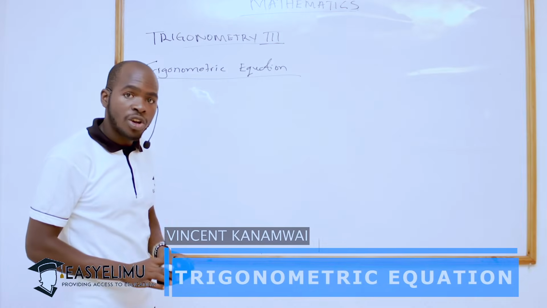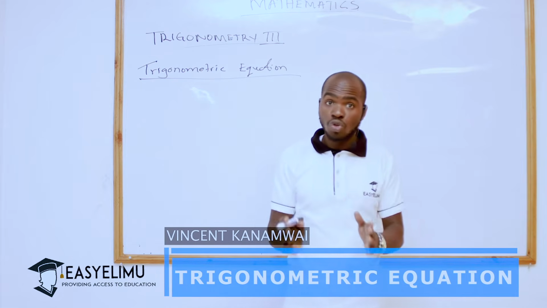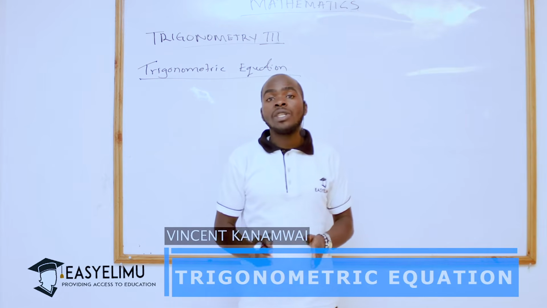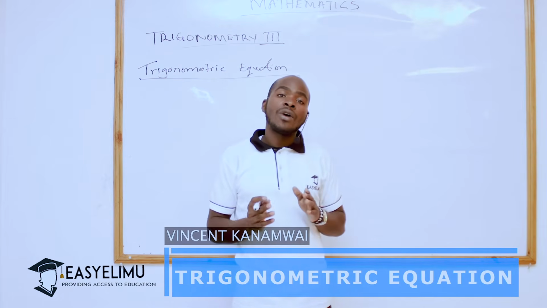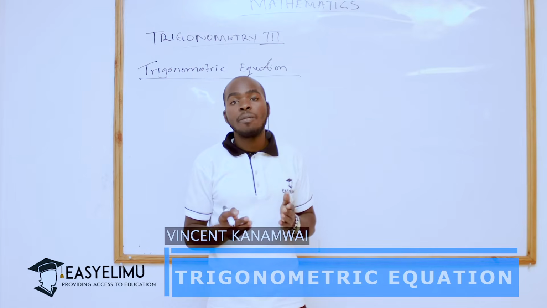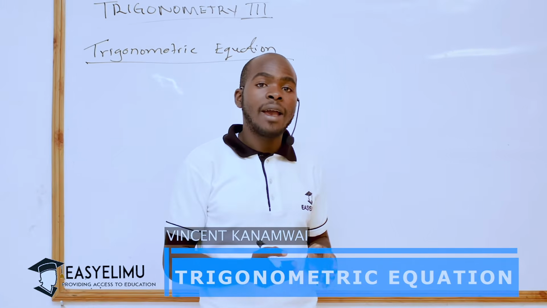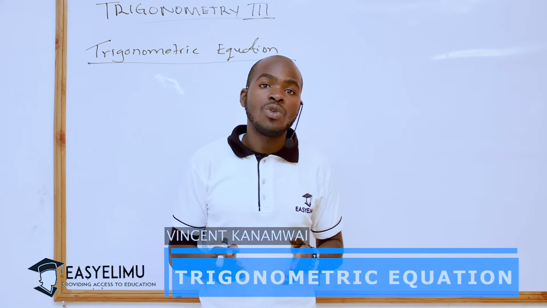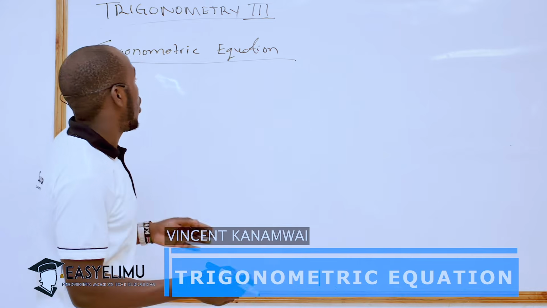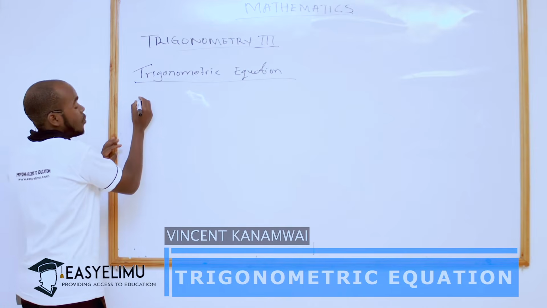We shall be tackling trigonometric equations, and you can solve these equations by either of two means. The first means is whereby you will just substitute directly and work out the equations as they are, or you can also draw graphs of the same equations you have been provided with, and then find the point where they coincide. The point where the two graphs coincide is the value we are required to find. For instance, we shall start with the first method of finding it, whereby we shall find it just using the equations themselves, which may be